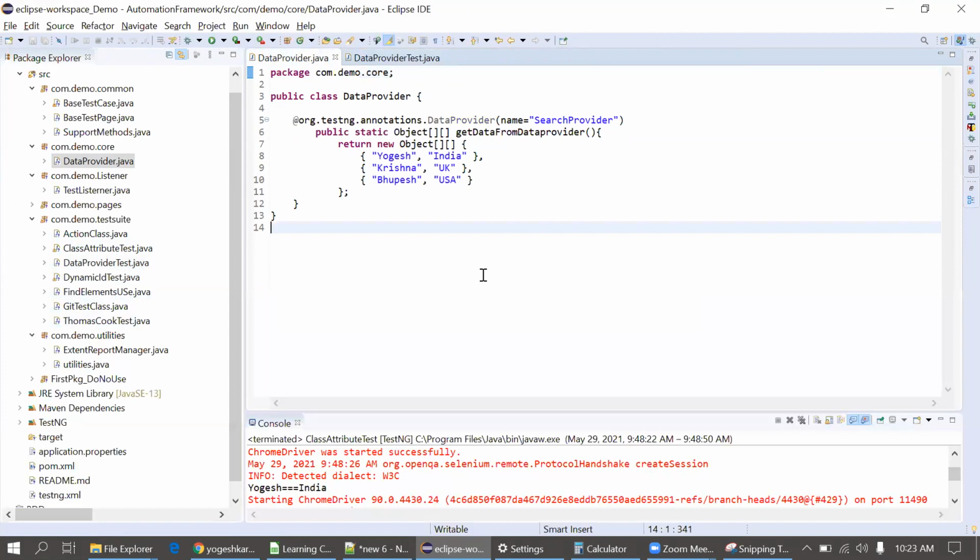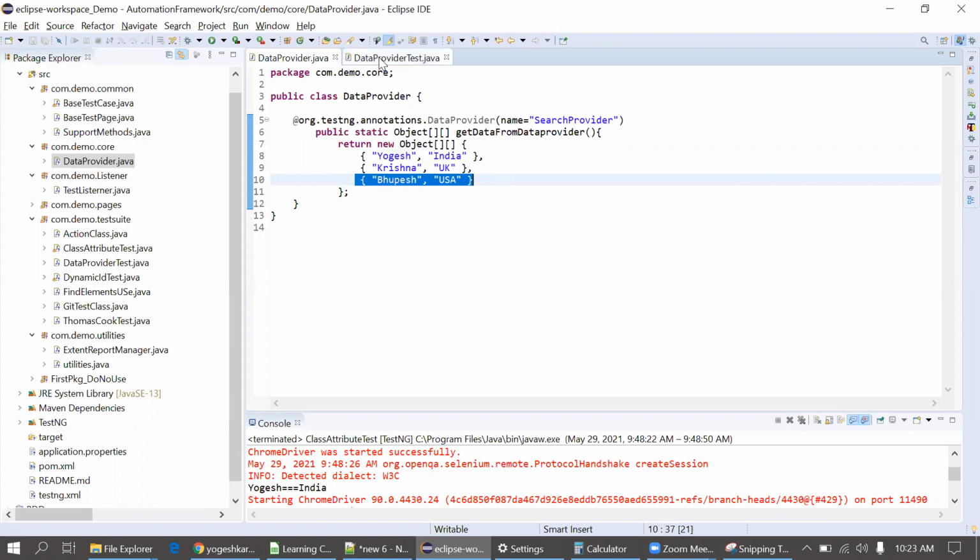Okay. Now in the data provider, how many values have I passed? This is the first, this is second. Again this first row is completed. Then for the second row, again 2 values, first, second. I'll just put some name here. I'll just consider this is a name and the respective country. So this first data set is completed. Then this is second set of data. This is third set of data. So if I'm using this data provider, my test case will get executed 3 times: first for this one, second for this one, and third for this one.